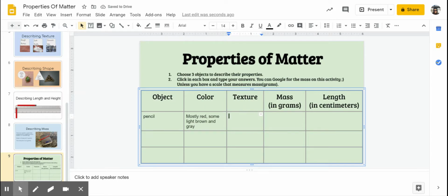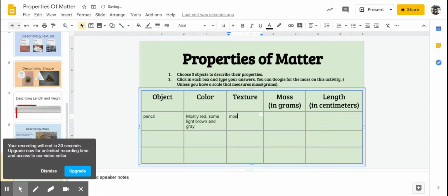Texture, smooth or mostly smooth, pointed at one end. Mass was 6 grams, but we just say 6G, lowercase g. Length was 14 centimeters. So we can just say cm period. And that is how you describe